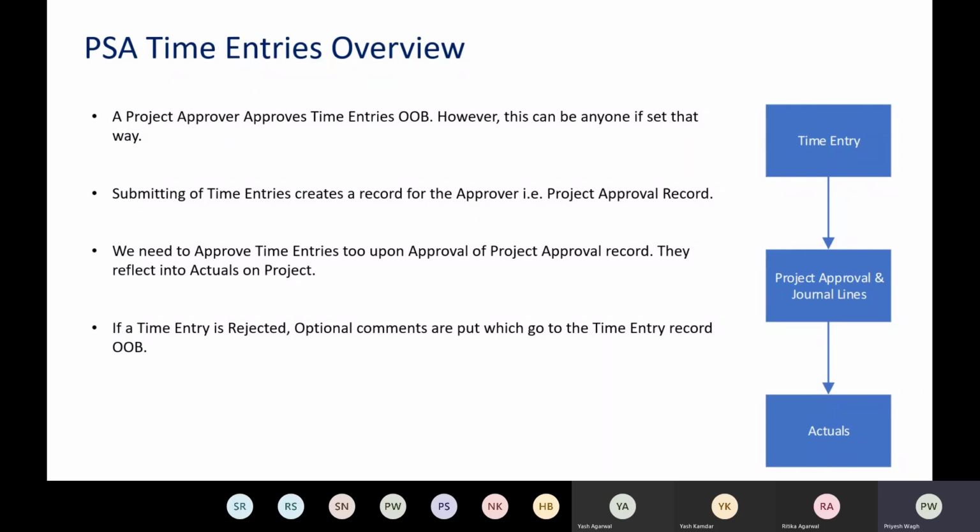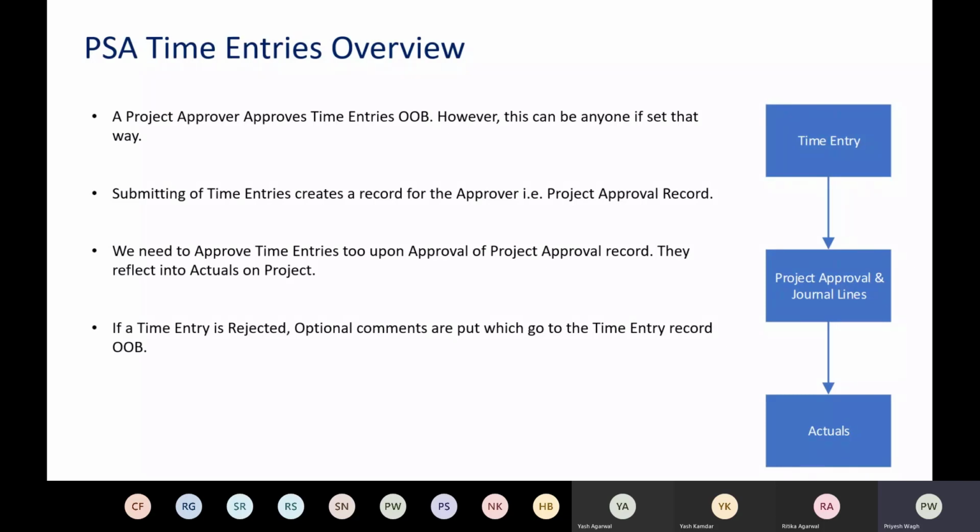So there are some core records in Dynamics 365 which get created, and which all will touch each other in this process. Let me walk you through all of those. So first of all, time entry is a record in Dynamics 365. More broadly speaking, it is available in CDS if you have project service automation already. Let's say you work a couple of hours on a project on a certain task and you submit that time.